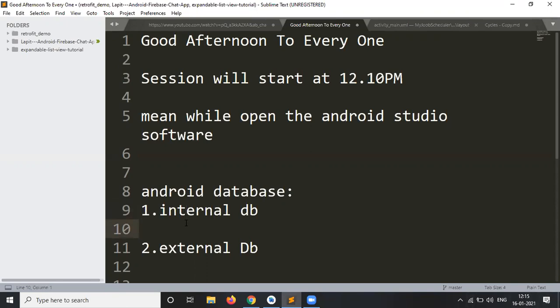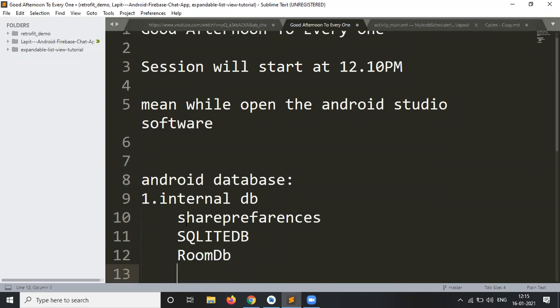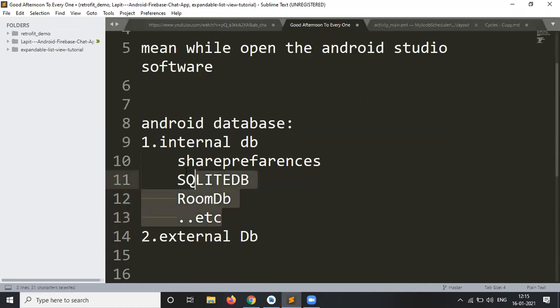The internal database again has some parts, like shared preferences, SQLite DB, and Room DB, and so on. So these are the common internal storage database mechanisms.